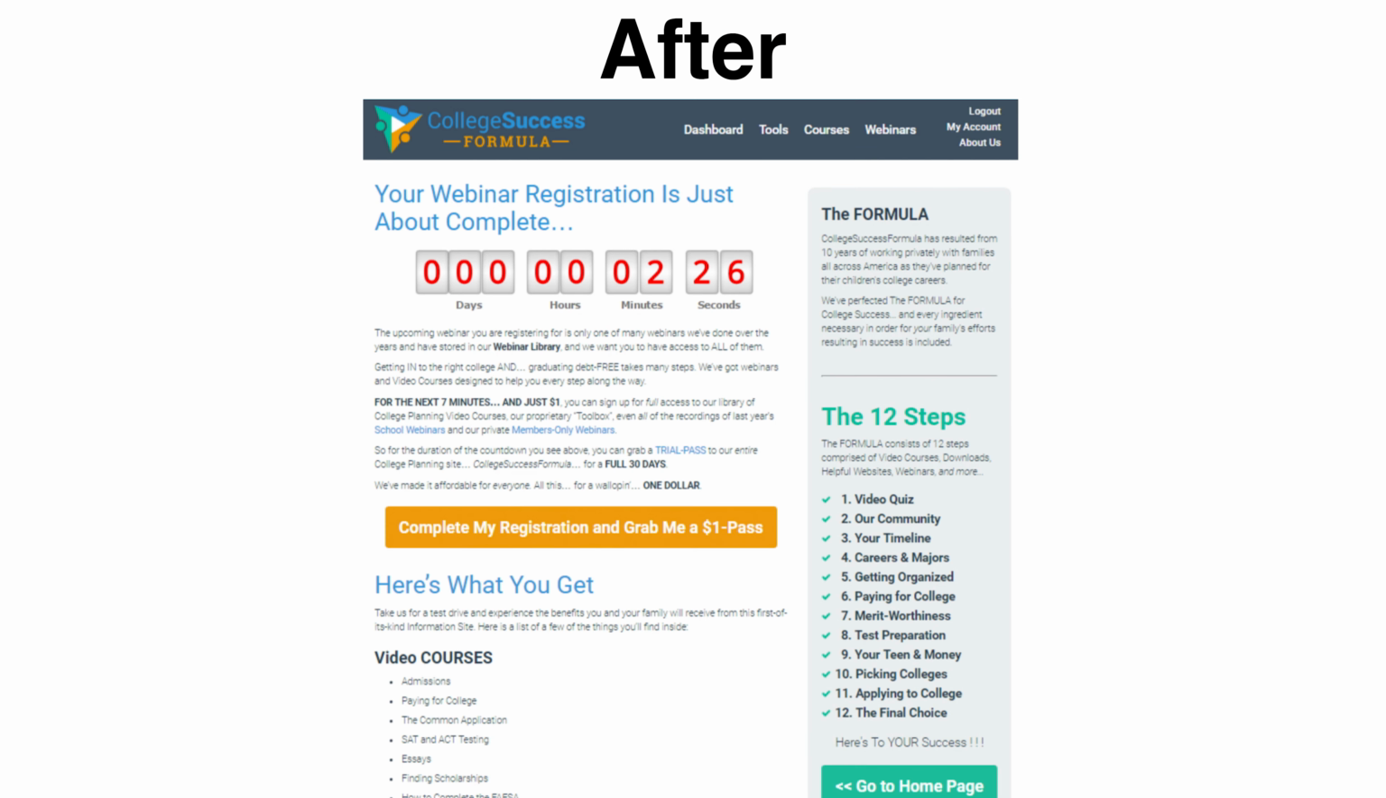Here's the after page. On the after page, this client has a countdown, just like Navid was showing in the virtual summit example. Another important thing is that the webinar registration is just about complete. So it's giving someone this idea that, wait a second, you're not quite done yet. They can't mentally just log off and move on to the next thing, open up another tab or close down this tab, because they came to register and now they're getting a message saying, wait a second, your registration